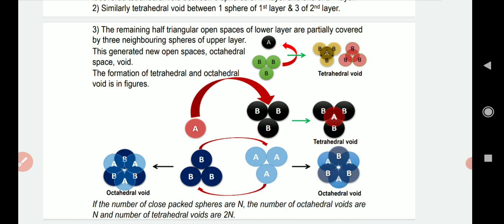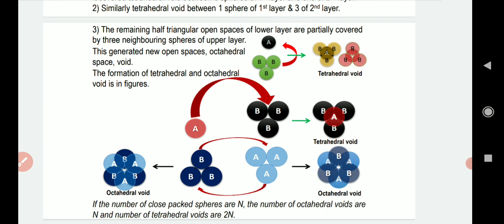So we can say that if the number of close packed spheres is n, the number of octahedral voids is also n, the same number, but the number of tetrahedral voids is 2n. This we have shown just using simple 4 and 6 spheres.